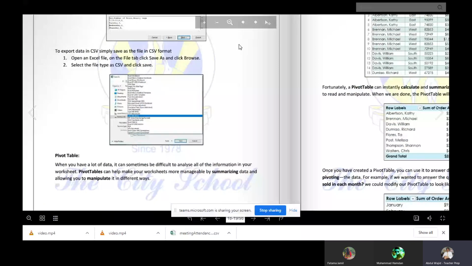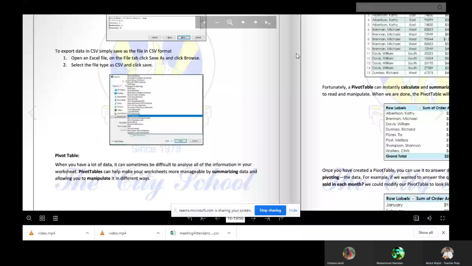When you have a lot of data, it can sometimes be difficult to analyze all of the information in your worksheet. Pivot tables can help make your worksheet more manageable by summarizing data and allowing you to manipulate it in different ways. Now, how will we use this?